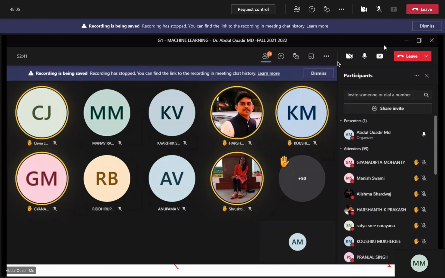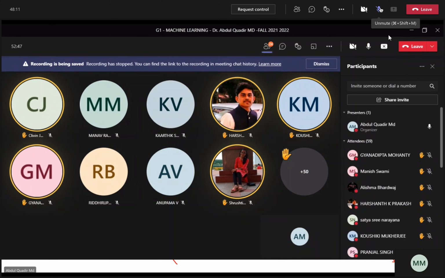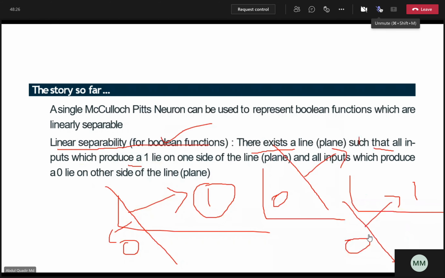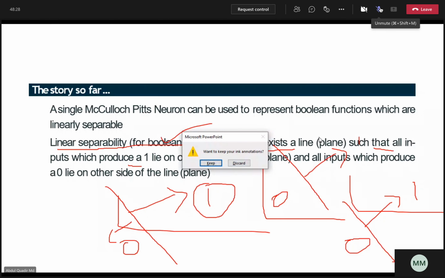So I hope you people have started on the J component. When was the last date I told you for the J component submission? J component first review. Sir, you haven't informed us any date. No, I have told you. But okay, never mind. Okay, so one second. So what is expected from you is